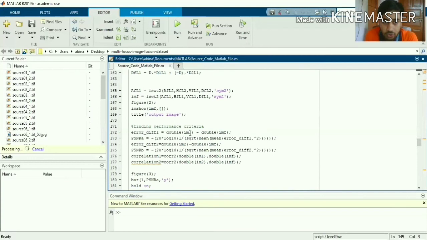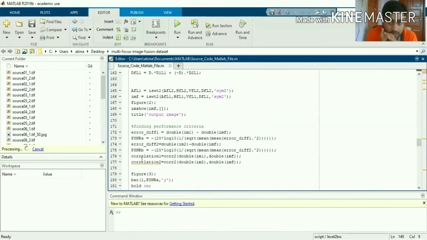In our case, we are performing the fusion operation, so peak signal to noise ratio is a very essential parameter to evaluate the performance of our output image. The higher the value of PSNR, the better the fusion applied to our image, so the better the enhanced image we got.